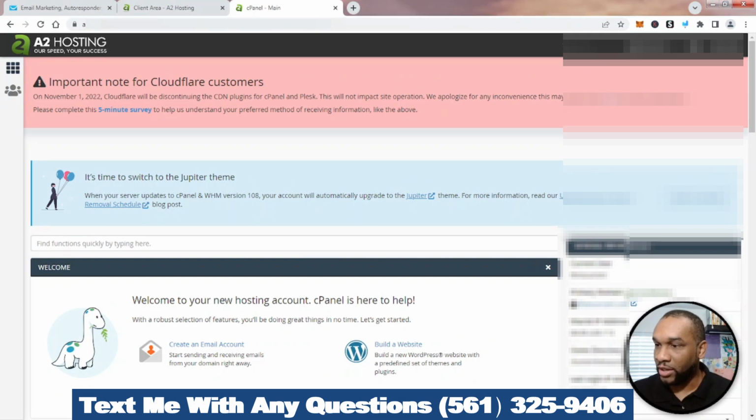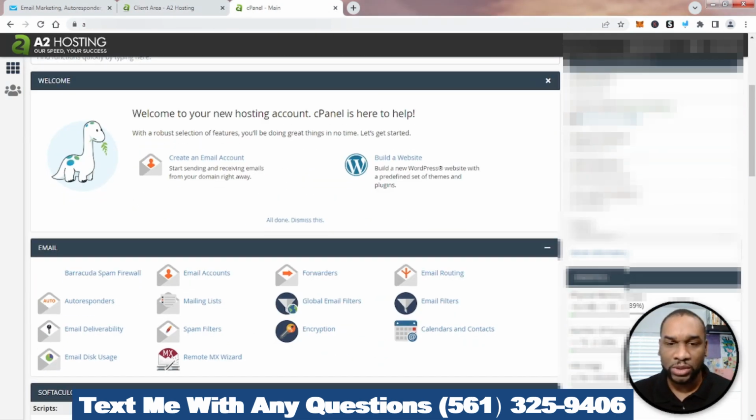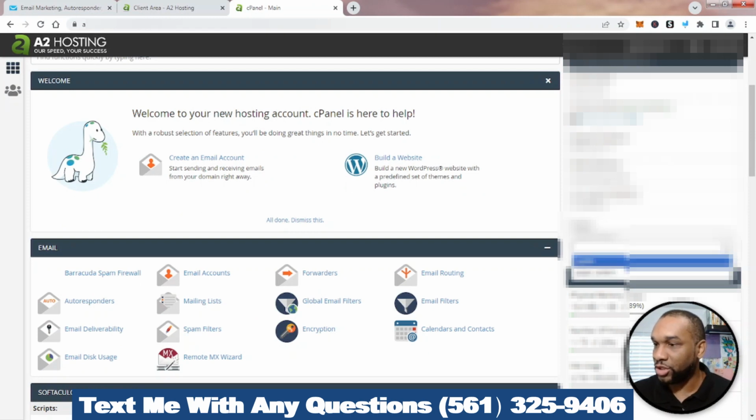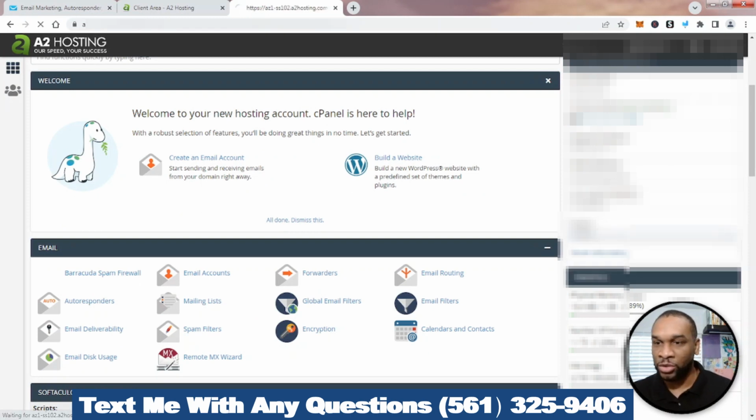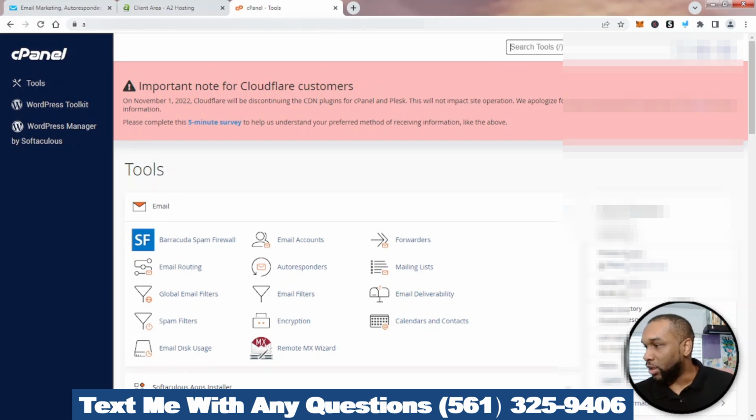So the current theme that it's on, which is old and going to be outdated, is Paper Lantern, and I'm going to switch it to Jupiter. That's going to be the new theme. Okay, so